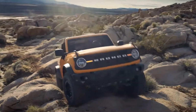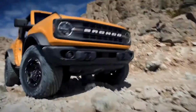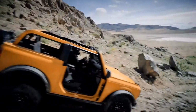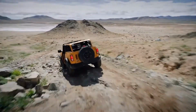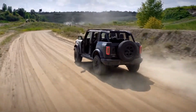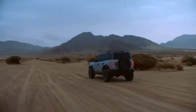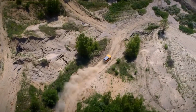The 2022 Bronco will be available in 2- or 4-door body styles, standard with 4WD and removable doors and roof panels. Only 2 doors, we're confident there will be a 4-door version. We do expect the Bronco Raptor to be available with a soft top or hard top, as well as removable body